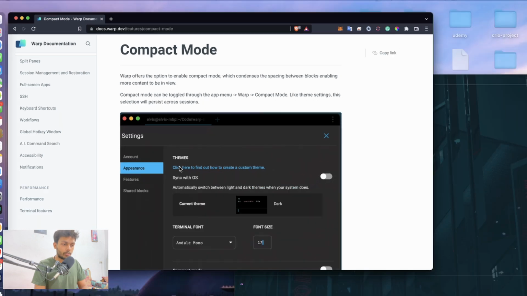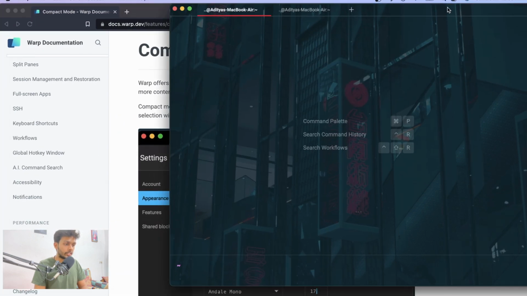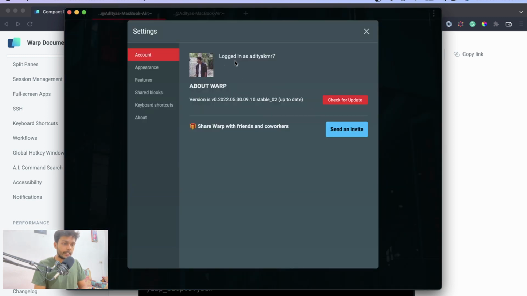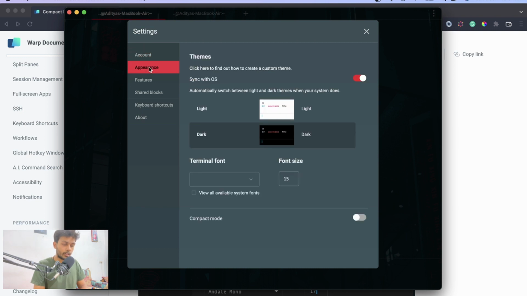And yeah, we can also go to its settings and choose other features as well. I have just logged in with my GitHub account over here. So now if you go to dark or light theme, terminal fonts, you can also change the fonts and font size. And if you use the compact mode, I don't know what this is going to do, but